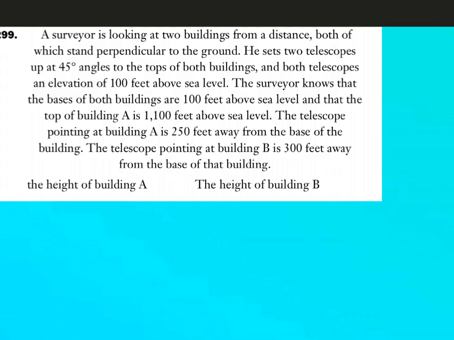Now this is an interesting question. So read the question very carefully. There's a lot of information. There's a surveyor looking at two buildings from a distance. Now the buildings are perpendicular to the ground. He sets two telescopes at a 45-degree angle to the tops of both buildings, both at an elevation of 100 feet